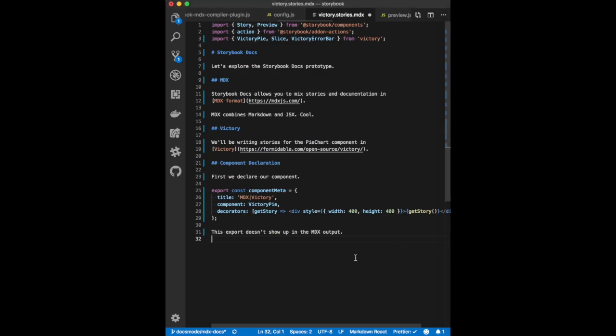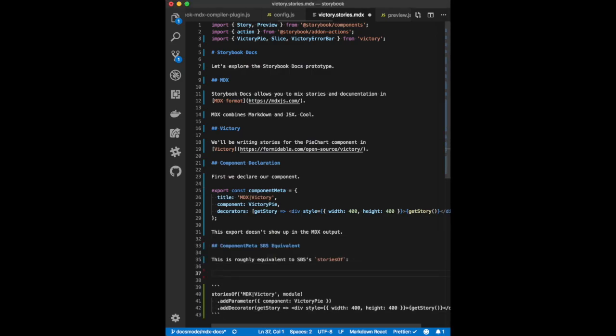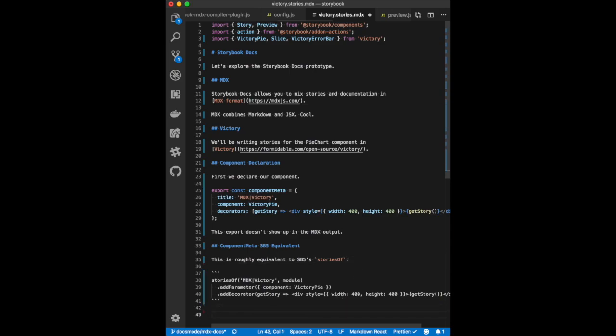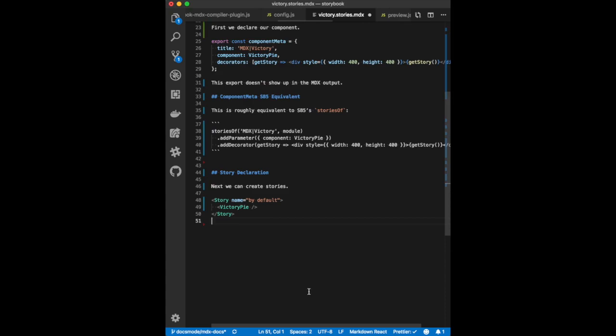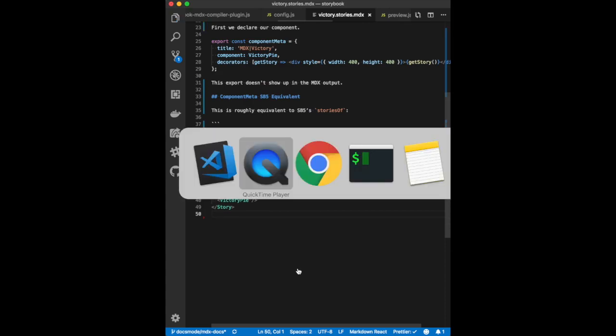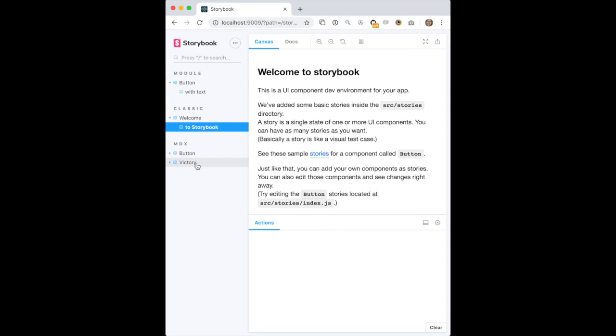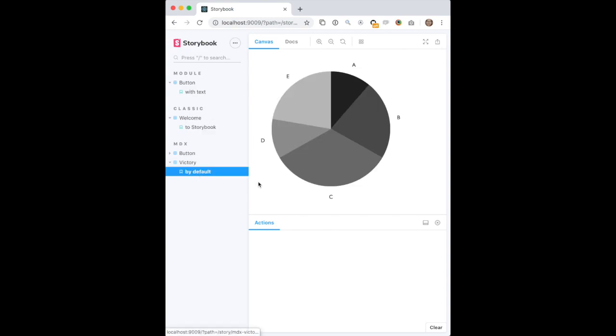equivalent to the stories of declaration in Storybook that you might be familiar with. And next, we're going to write a story. And so we just put down a story tag, and we can see when we go into Storybook, there's the